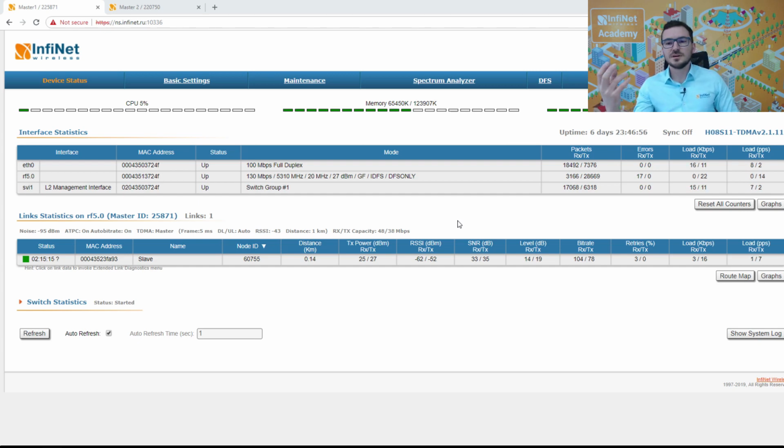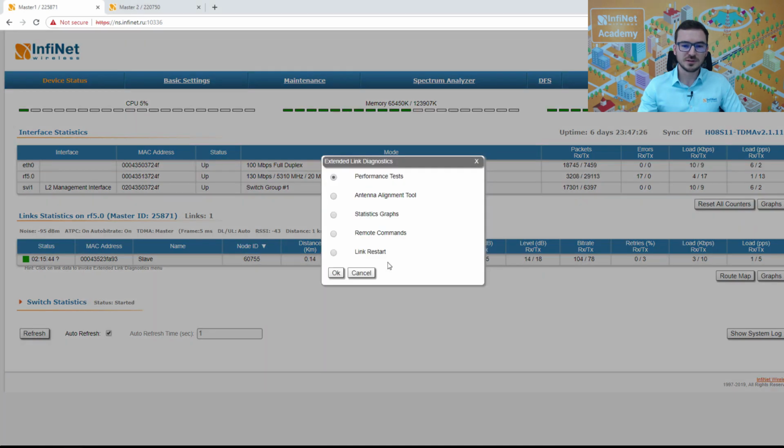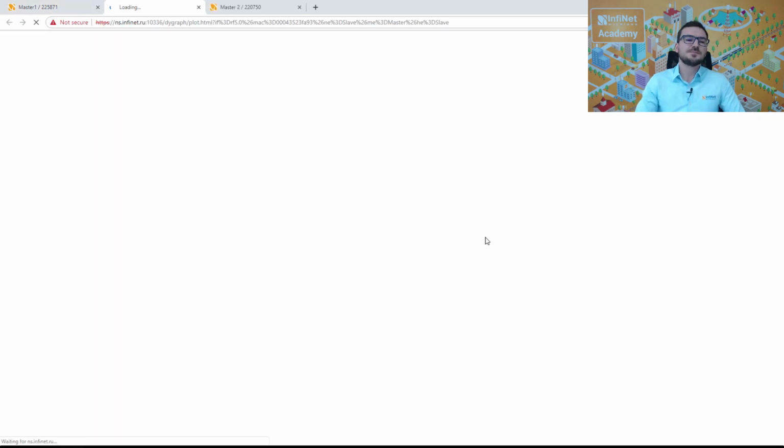So if we consider the situation when at the moment of the installation you had a very good link with high throughput, the parameters were all optimal, but at some point after that the performance has dropped. It is very useful to know exactly when the problem happened and for how long. So for this purpose we have the statistics graphs tool. Again, you click on the link, choose statistics graphs, then open it,